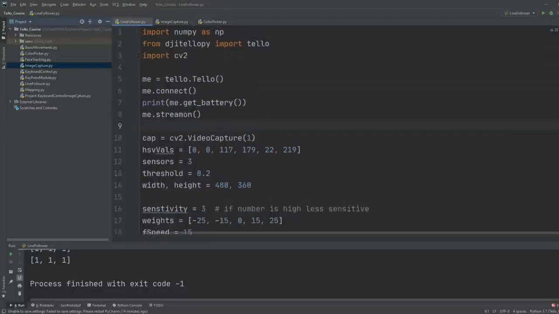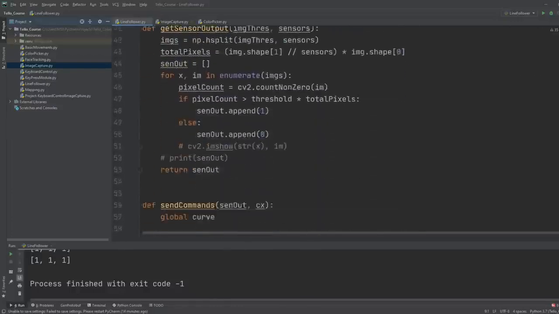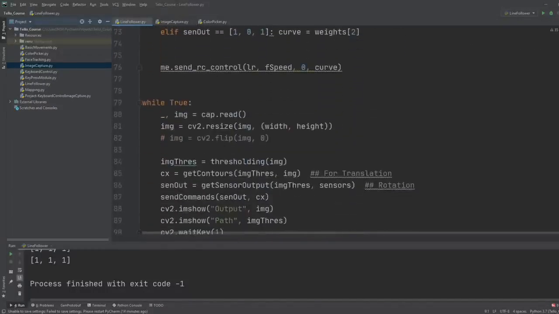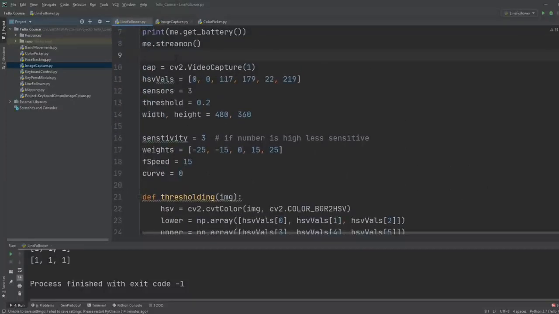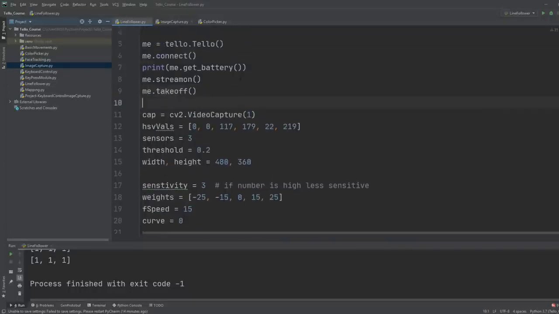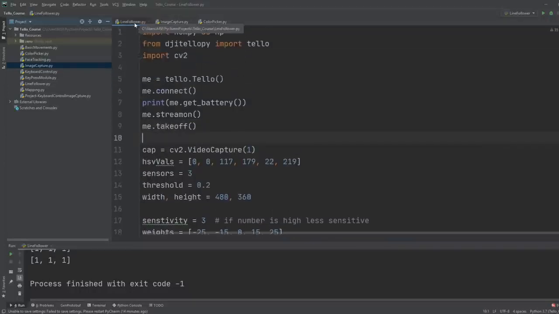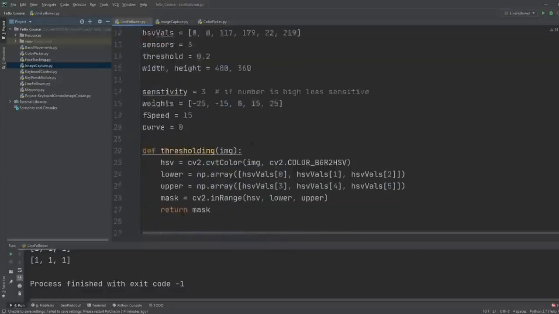Doesn't seem so. And we also need to take off. So let's take it off over here. So me dot takeoff,